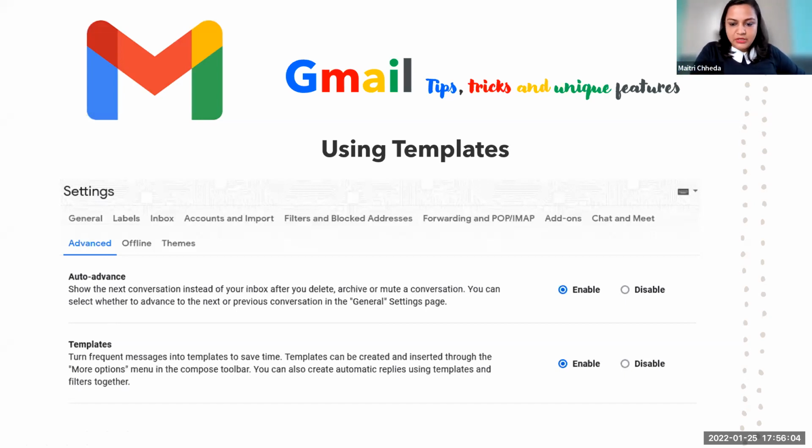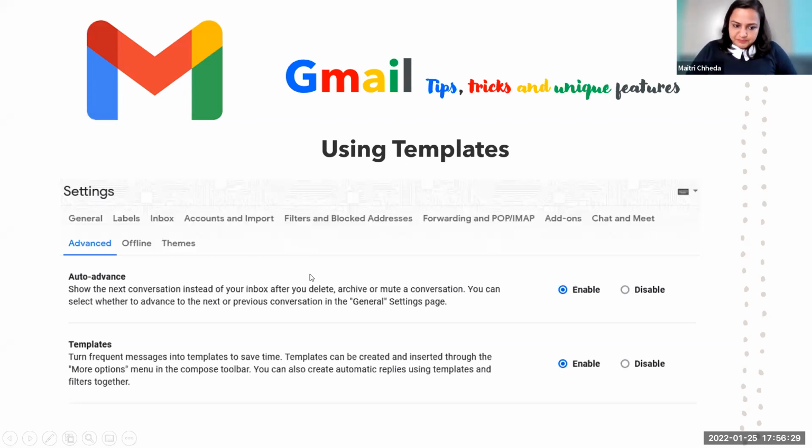The moment you enable auto advance, it will take you directly to the next email rather than bringing you back to your inbox. So you are able to clear your inbox in case you have a policy of zero inbox. This might be helpful, or you might find it irritating, because I had enabled it, found it very irritating, and disabled it.